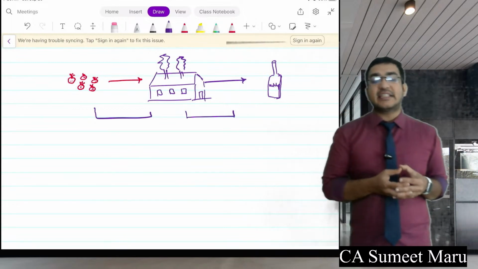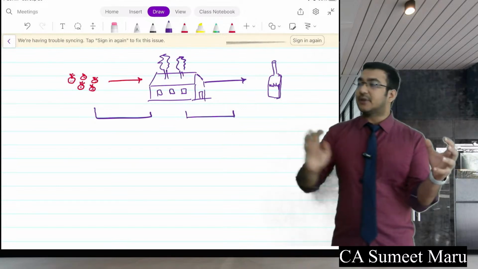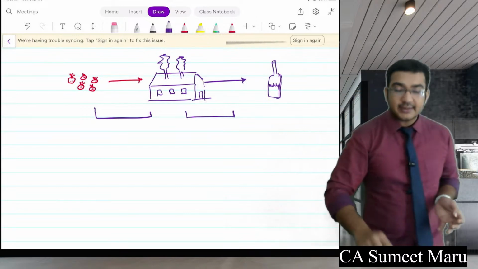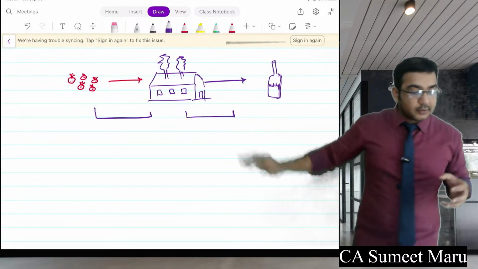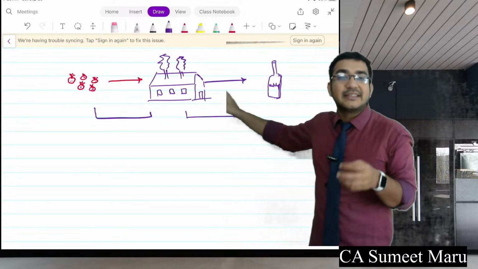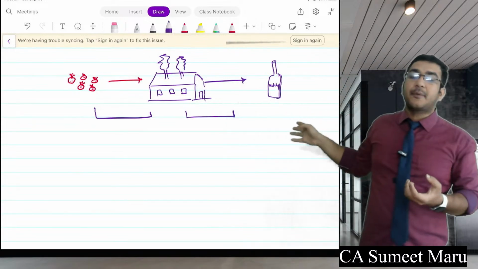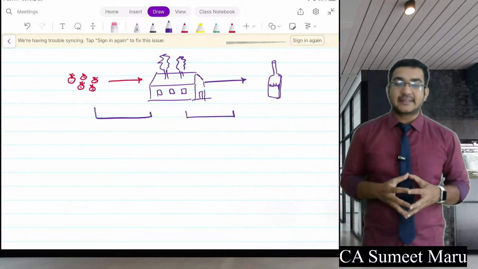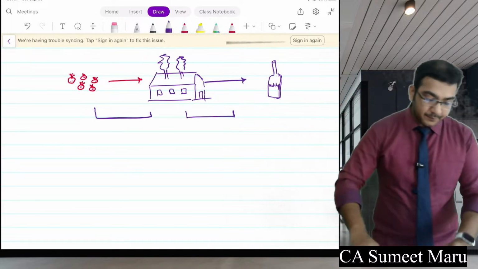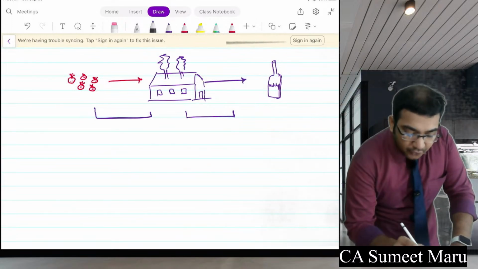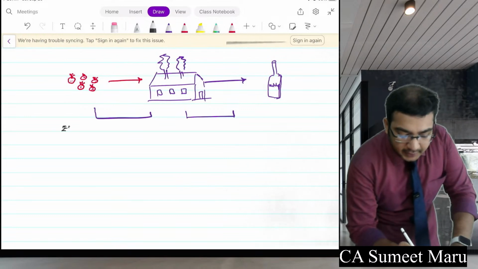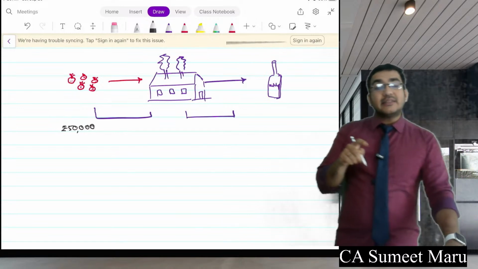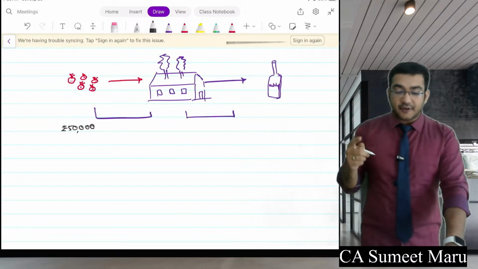Now in such a case where the agriculture produce is further processed, we part the ways. Up to this point we say it's agriculture income. After further processing we say it is business income. So how do we divide exactly this agriculture and business income? Everyone please pay attention here. Say the tomatoes were grown at a cost of 50,000 rupees, and when these were made available for the further process,